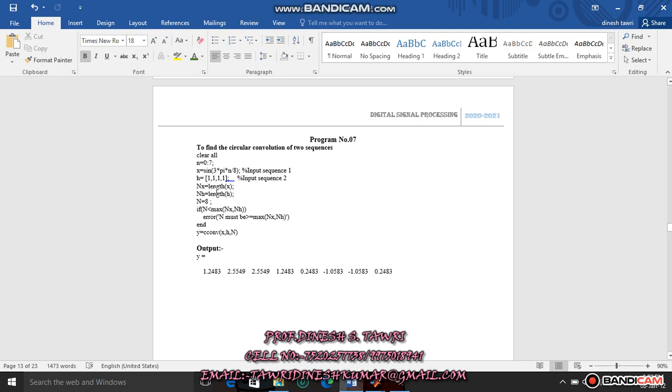Here length indicates the number of samples available in both sequences.